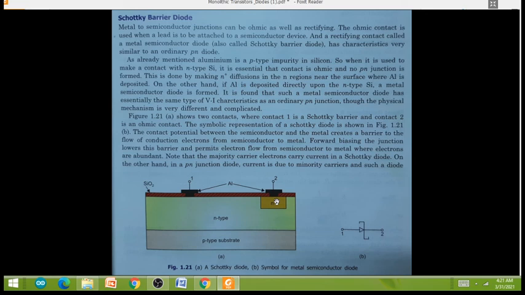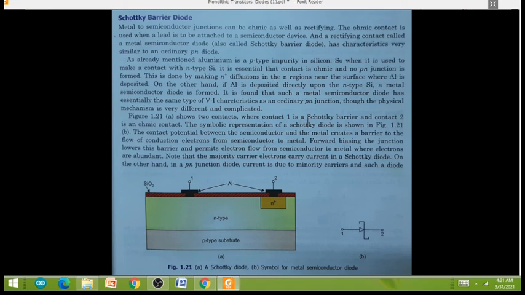I think in all the previous IC fabrications, all the contacts are always ohmic contacts, or we have also noticed that whenever we prepare any diffusive contact, it is always an ohmic contact, and that is with the N plus or a little bit enriched ion deposition of impurity, and that will create the N plus channel. So that is the difference between contact 1 and contact 2. So Schottky barrier is a non-ohmic, non-rectifying contact, right?